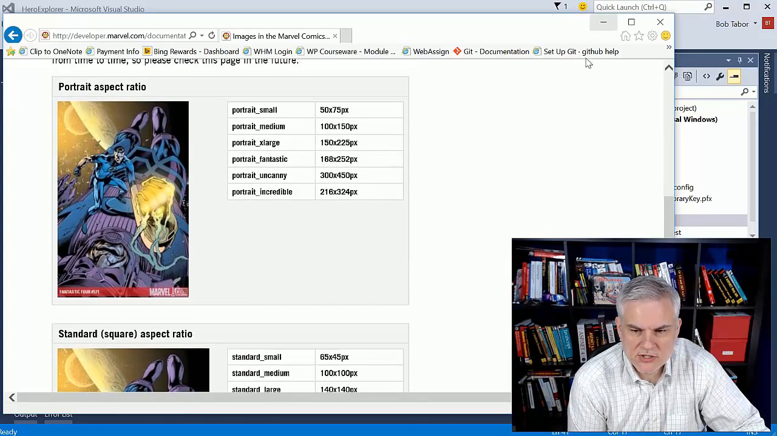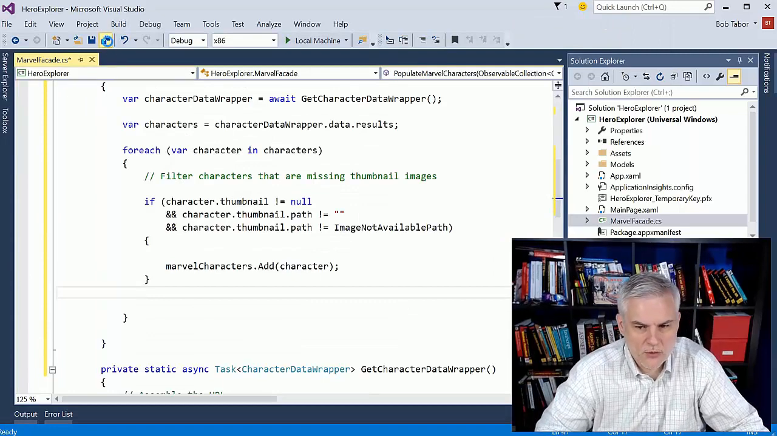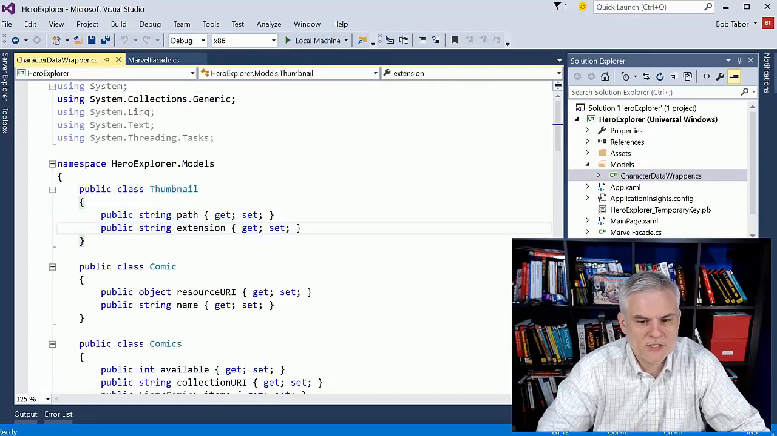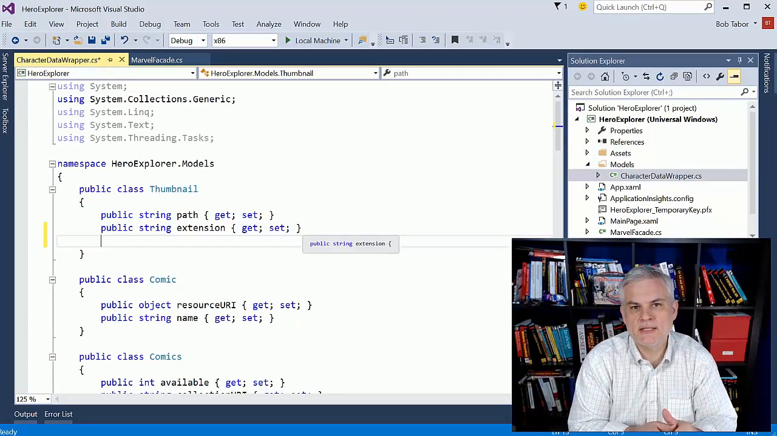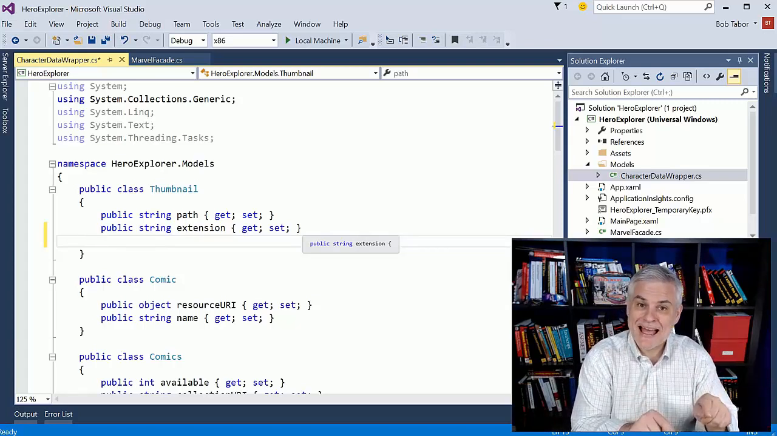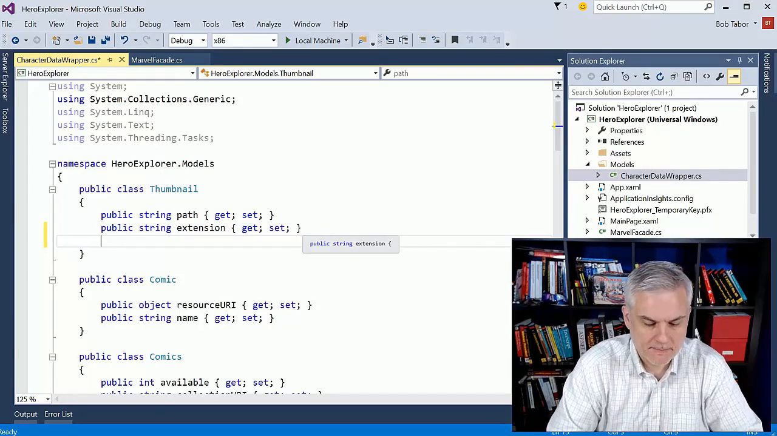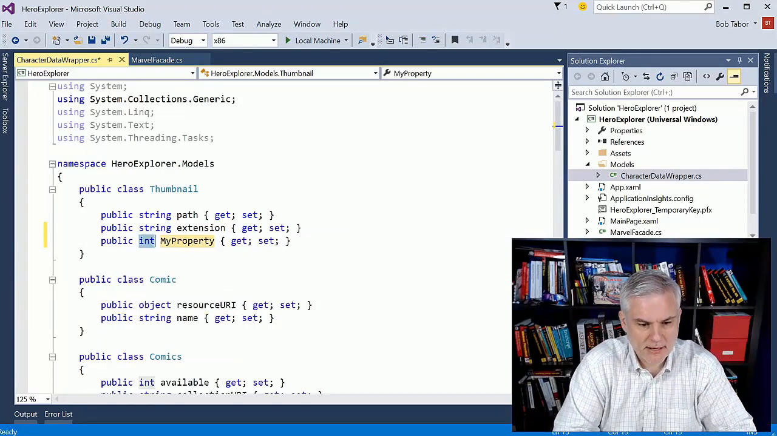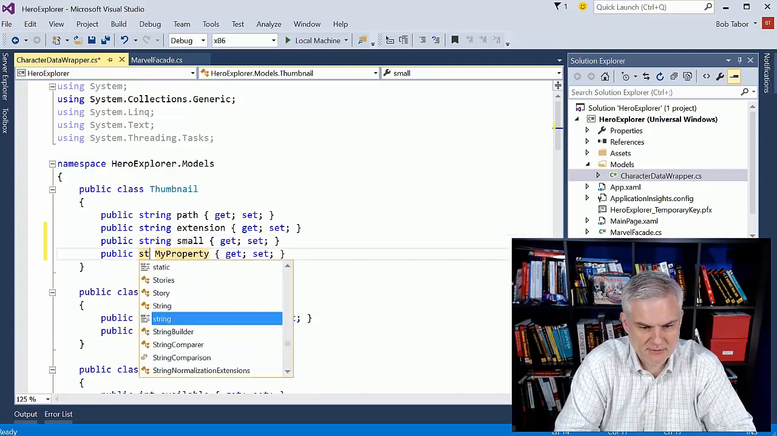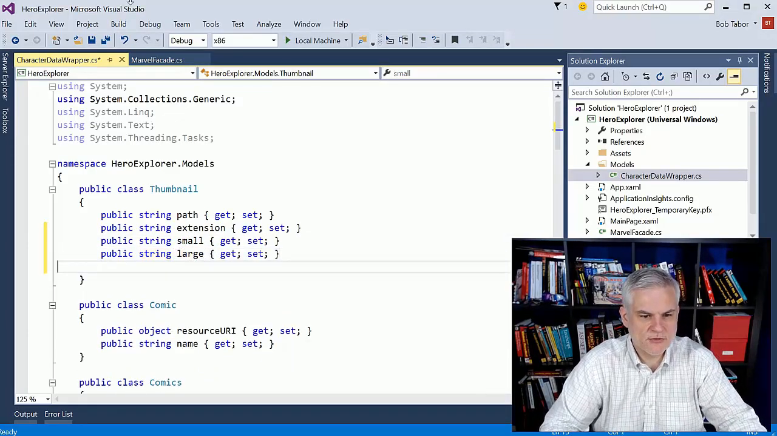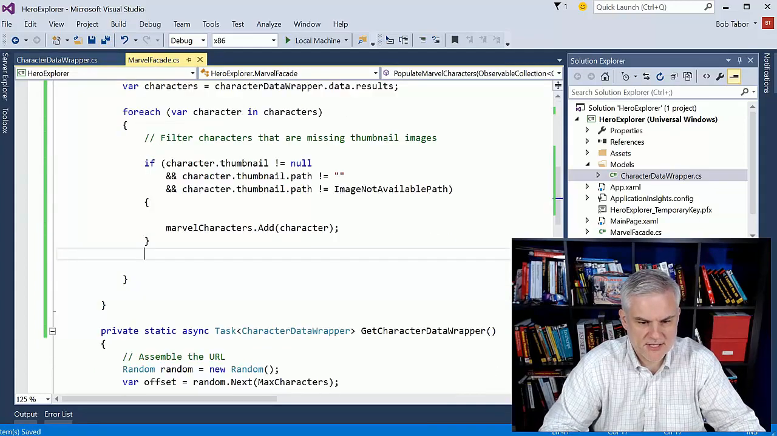So what we're going to need to do then is to go over to our models folder, open up the character data wrapper, and look at the thumbnail class. And what I want to do is add 2 additional properties that will be ignored while we're deserializing into the object graph, but will be useful now as we're populating an observable collection of characters that we intend to bind to. So I'm going to go prop tab tab string tab tab small, enter enter, prop tab tab string tab tab large, enter enter. Okay, so we have 2 new properties,